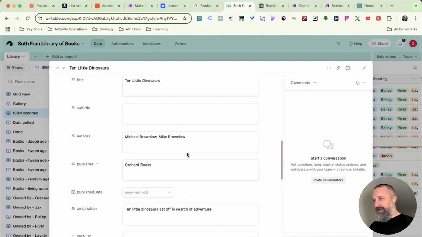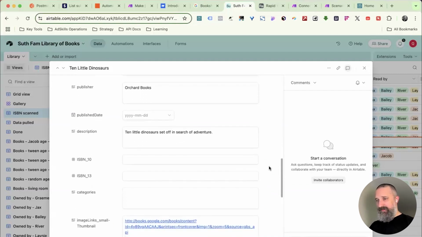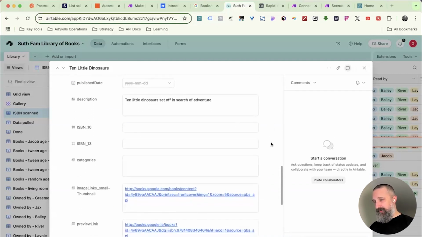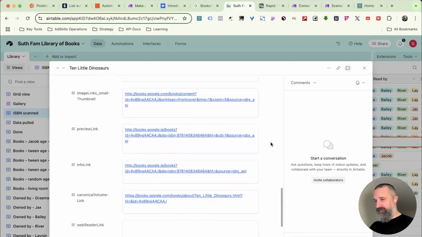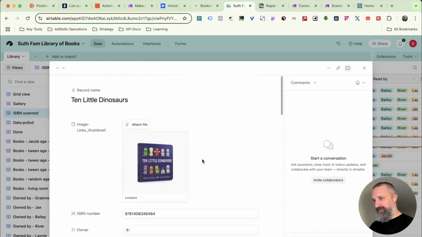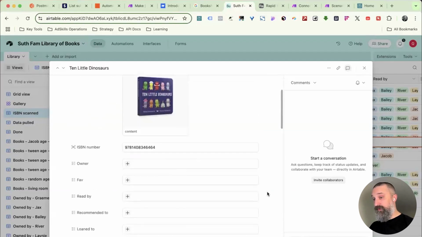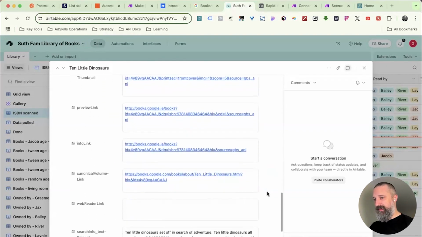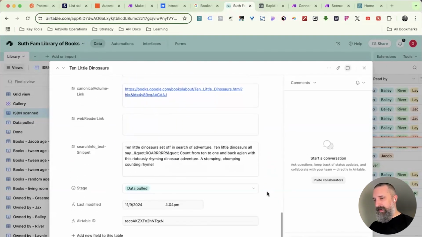The title, we have the authors, the publisher of the book, the description of the book, which is often longer than this. And then we have different image links as well, which we've already rendered in this record here so that we can actually view the thumbnail as opposed to just seeing a link to download that content, some other description text,